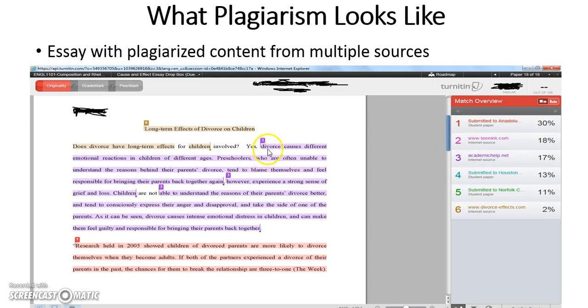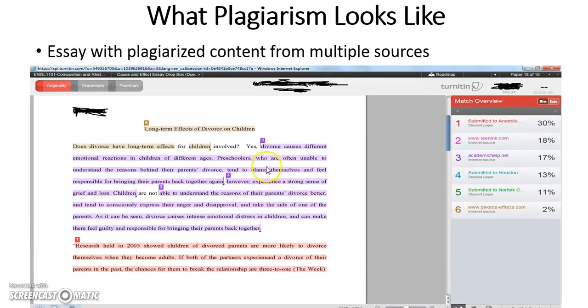The different places are distinguished by the number here, and they're also color coded. So the color matches up with the source's color here.